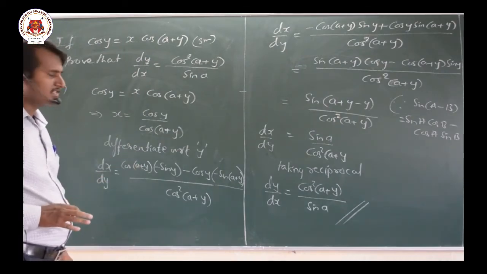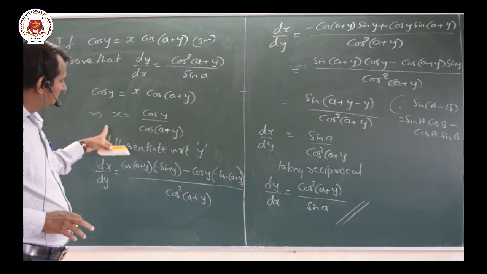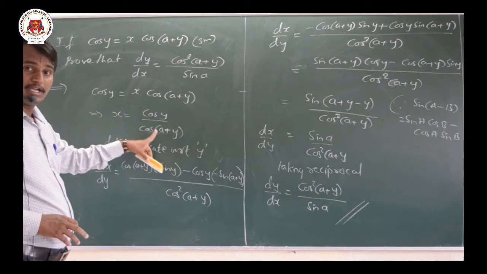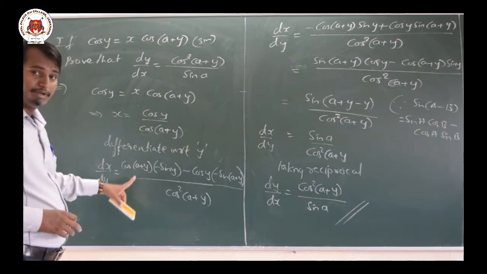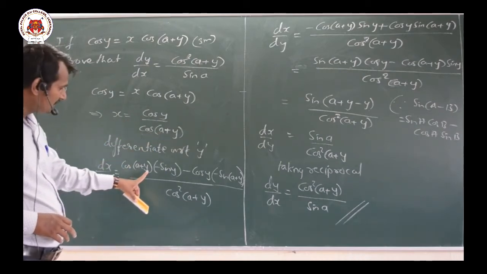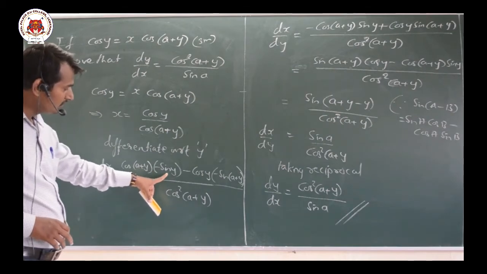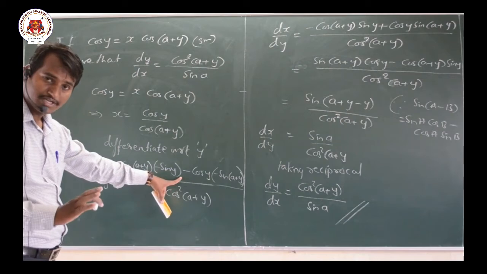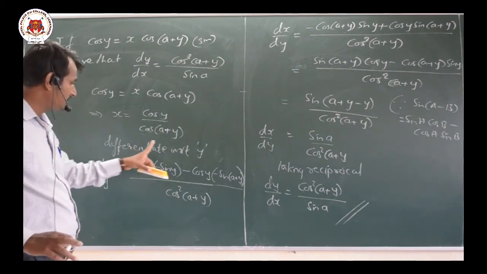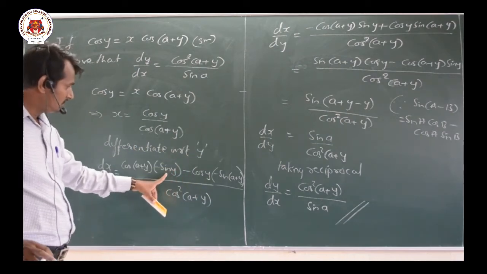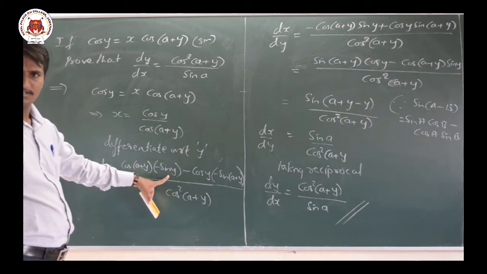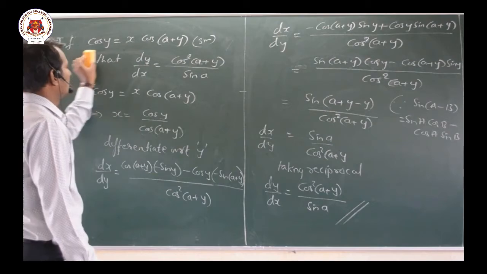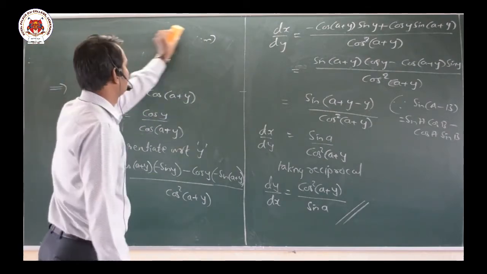Difficult means, while taking we have to understand this. We have to take x as dependent on y and differentiate with respect to y. While differentiating u by v, that is the quotient rule, further differentiation of y as dy by dx is absolutely wrong here. We should not take it that way. Why? Because differentiating is with respect to y here. Cos y differentiation is minus sin y. Finished. Now let us move on to the last problem of this particular chapter.